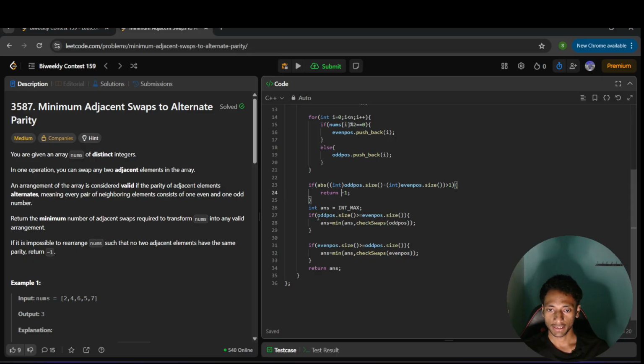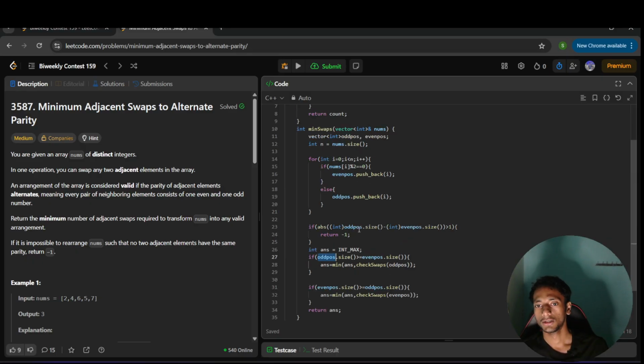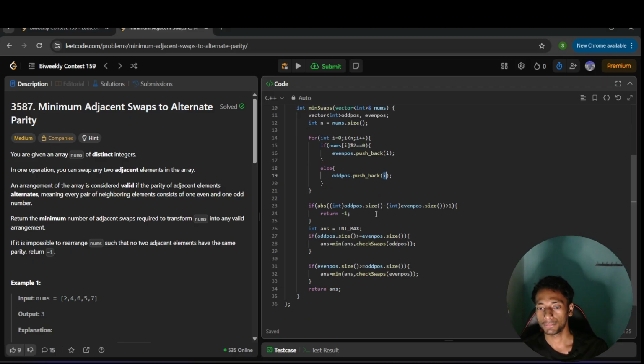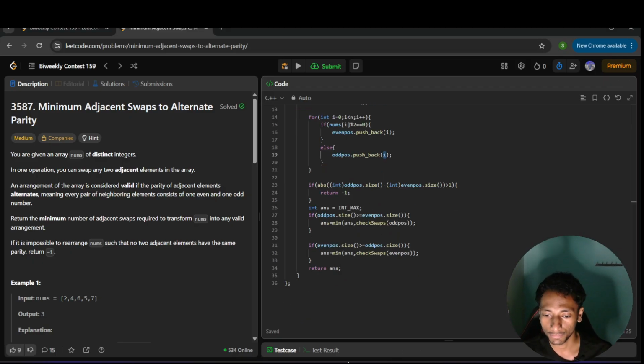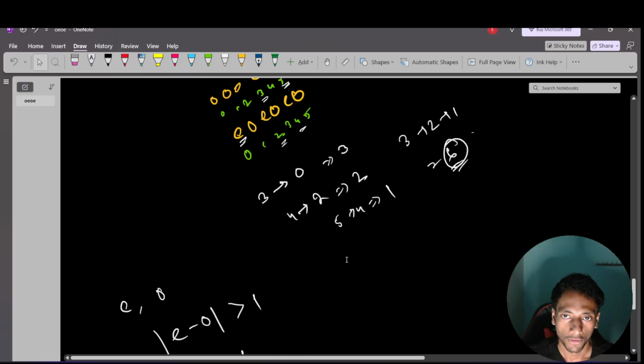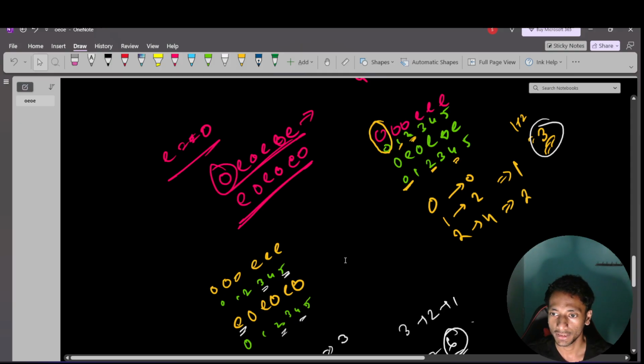So that's why I'll check that the odd vector indicates the positions of the odd numbers. Similarly for the even vector, I'm storing the position, the ith index. Got it? Not the number. Why? Because here, when I'm just counting the number of swipes required, I am